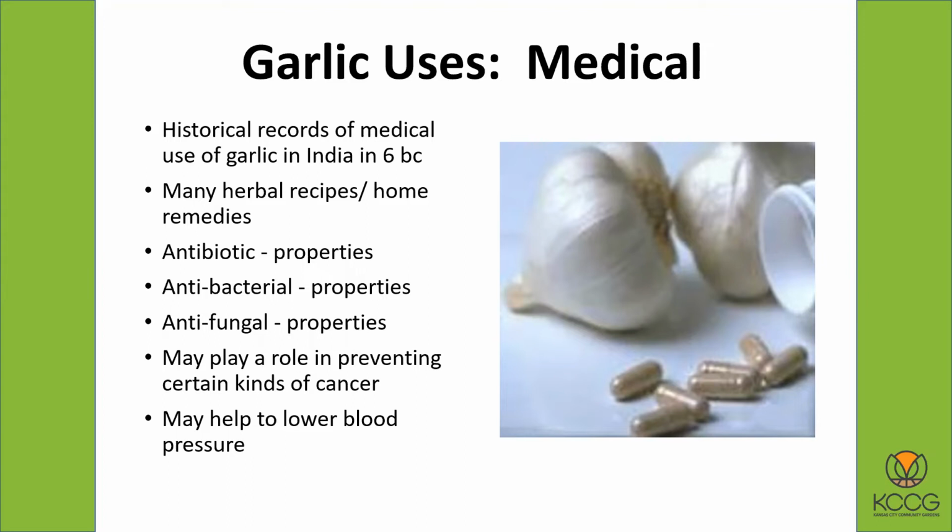It does have some antibiotic properties, also some antibacterial and antifungal properties. There is some information to suggest that it may play a role in preventing certain kinds of cancer. It's certainly not considered a cure for cancer or anything like that. But lots of foods that we eat, things like broccoli and cabbage, help to prevent different cancers. So things that are healthy and have lots of interesting phytonutrients in them definitely can do things like that. It also may help to lower blood pressure,